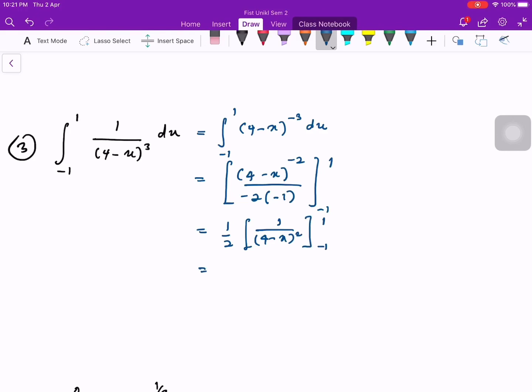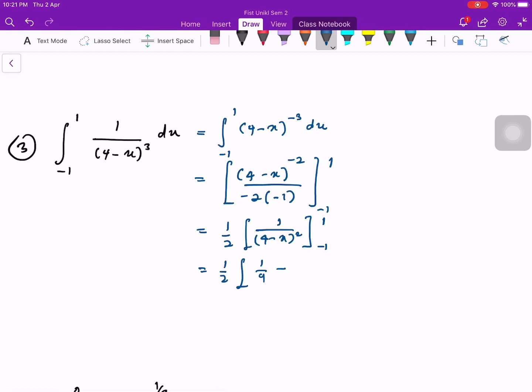Okay, then by computing the value of limits accordingly. So dekat sini kita akan dapat 1 per 2. So 4 minus 1 become 3. So we have 1 over 9. So 1 over 9 minus with